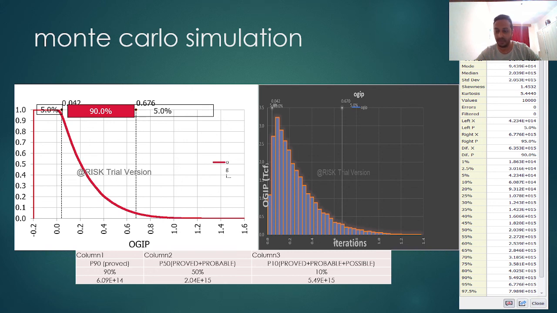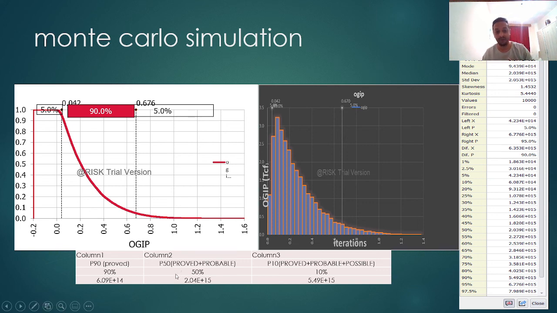I found that here for P90, which is proved by Monte Carlo, I get the value 9.08. And also I got here